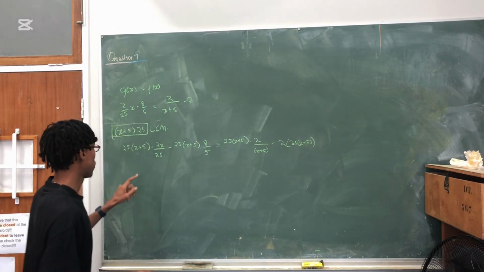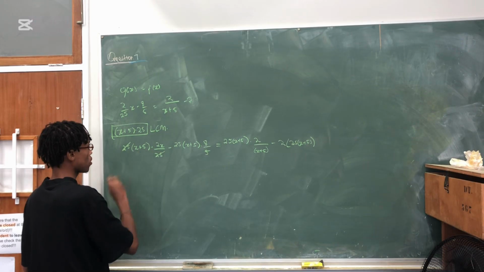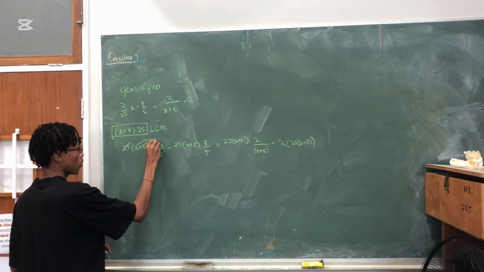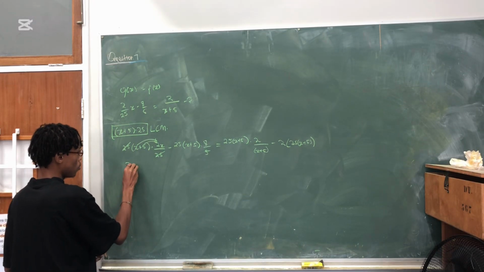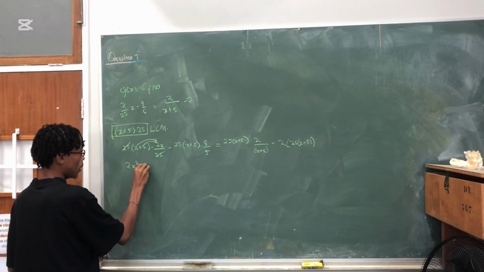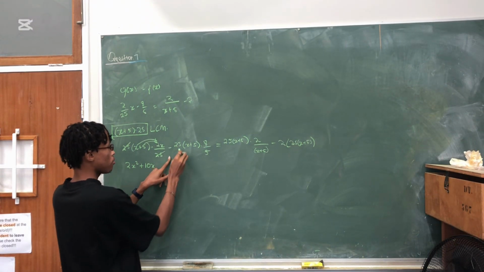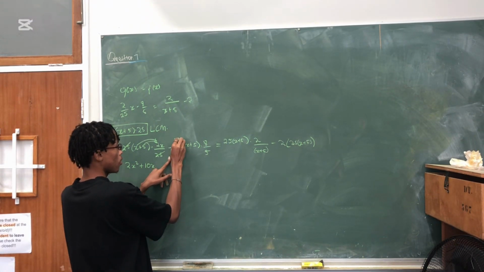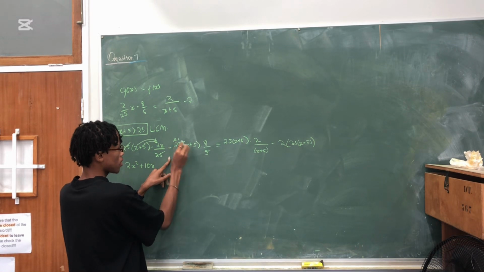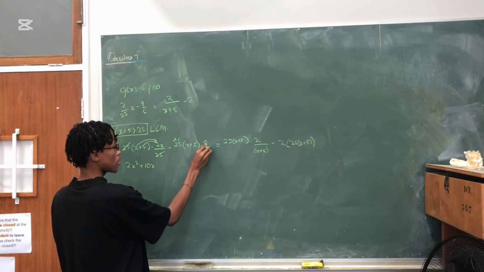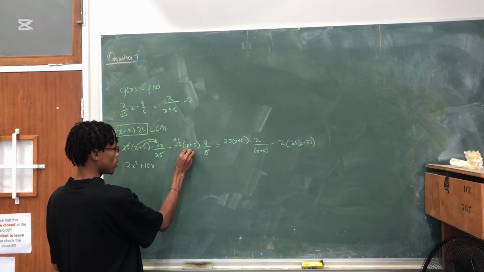So here, 25 cancels 25, so that we're left with 2x squared plus 10x, and then here, one of the 5's cancels out with this one, so we have 5 times -8 is going to be -40,